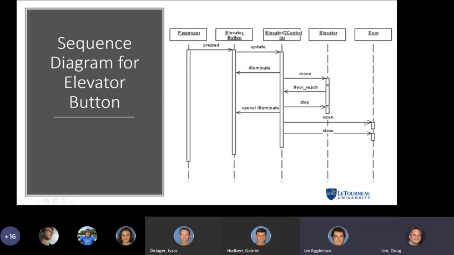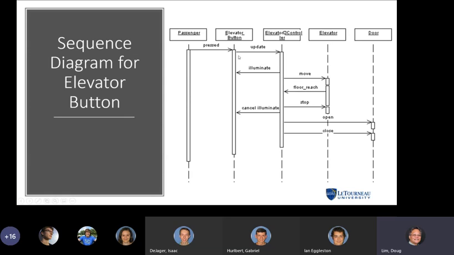So does it progress down all of them at the same time, or does it start with the passenger and then pass control to the elevator button once it's pressed? It really does pass it on, but it does go down in time waiting for responses back. So in the passenger case, we don't really have anything showing there, which is probably a mistake.